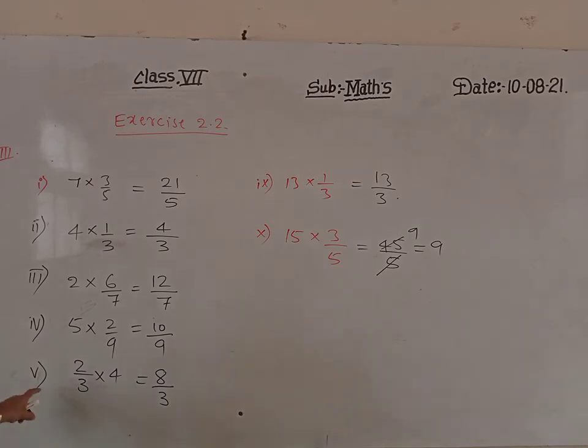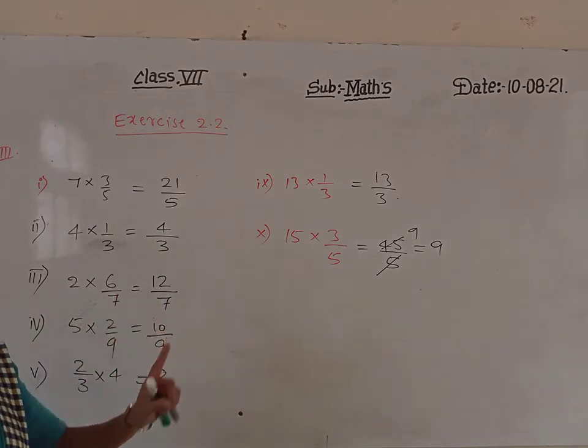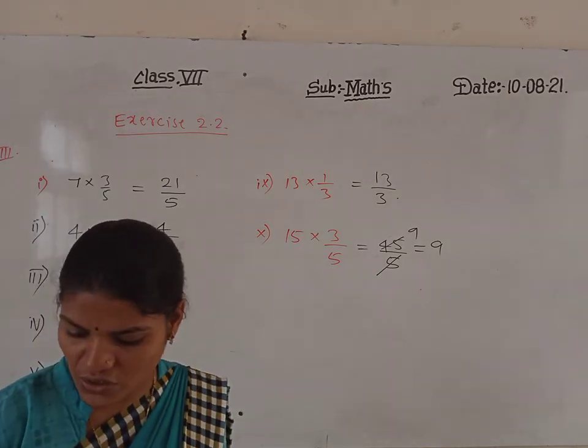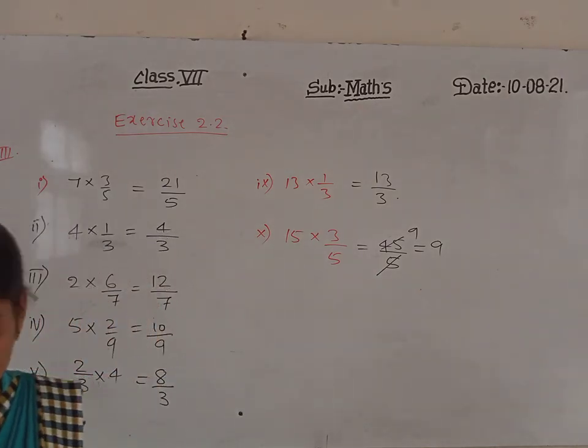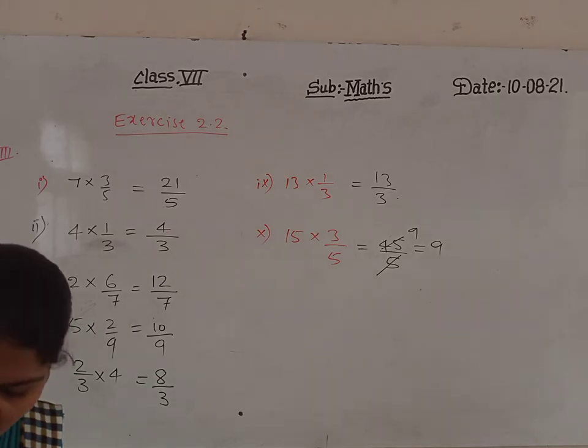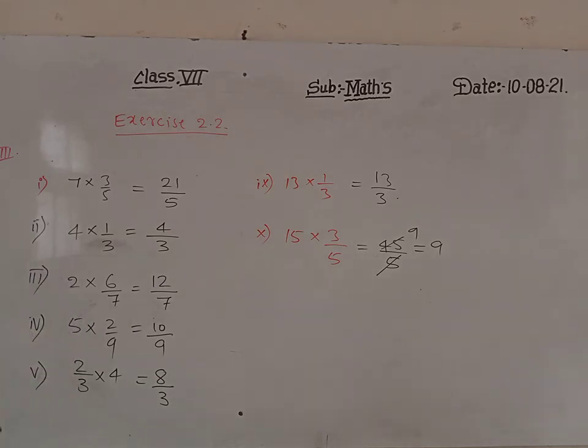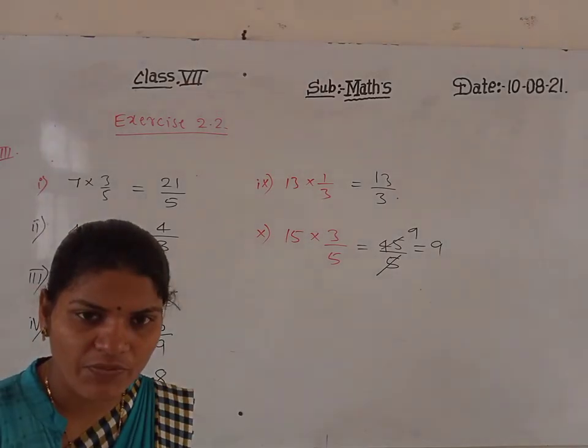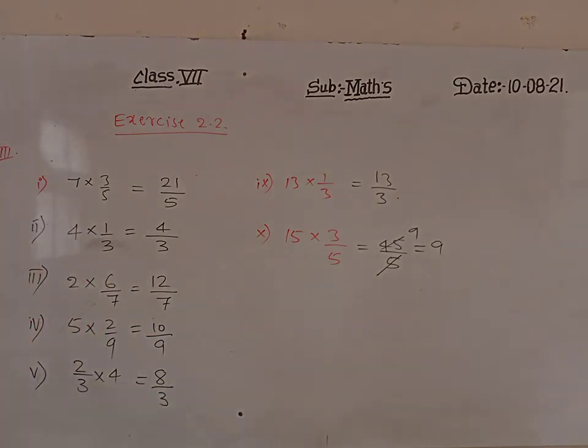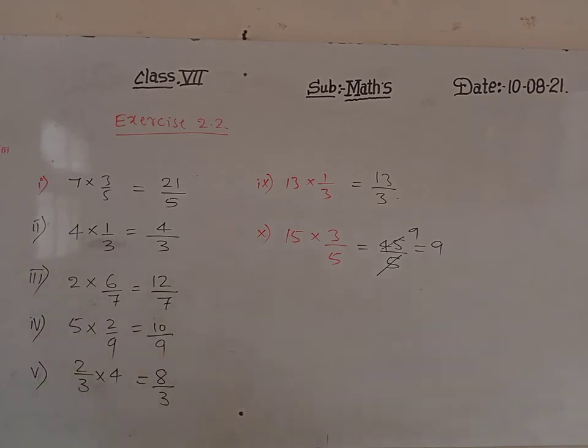Okay, over. So which ones have I given to you? 6, 7, 8. Only 3 numbers I have given to you. That is 5 by 2 into 6, 11 into 4 by 7, 20 into 4 by 5. Will you solve these 3 from third main? Yes. What is the homework? Third main, question number 6, 7, 8. Will you solve these? Yes.